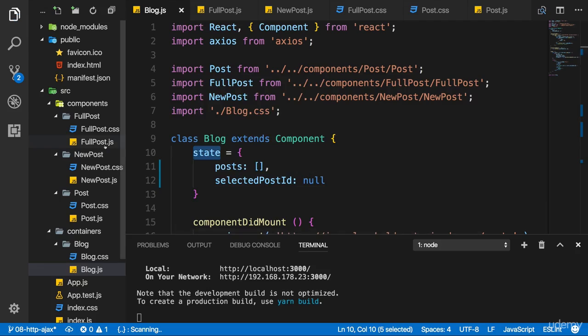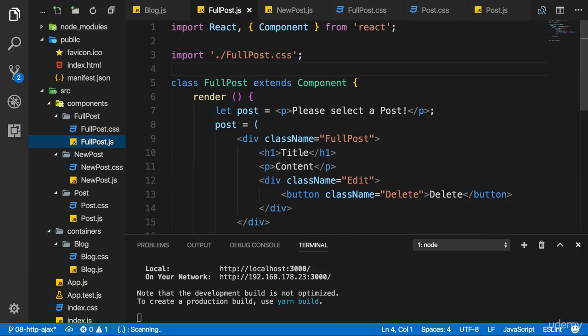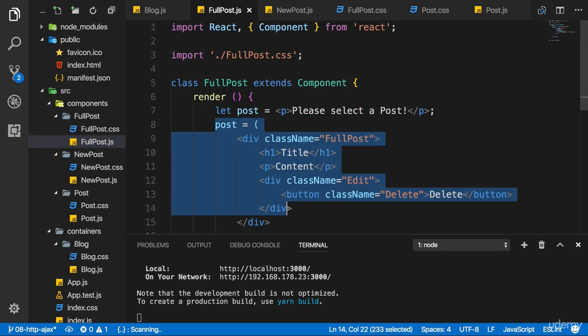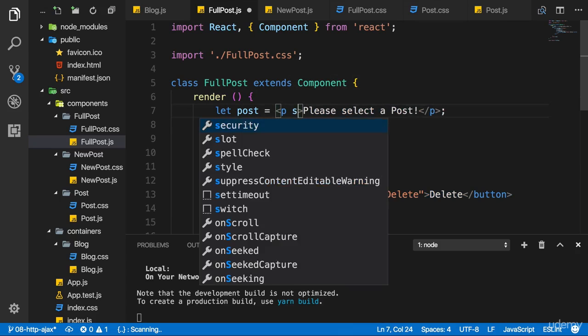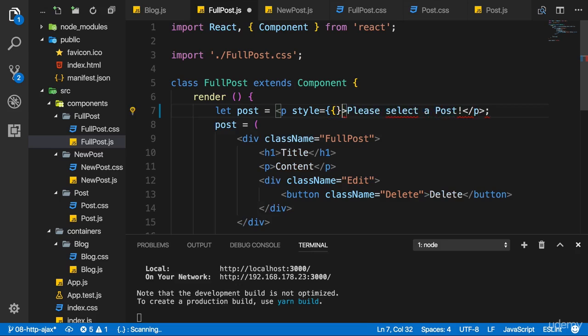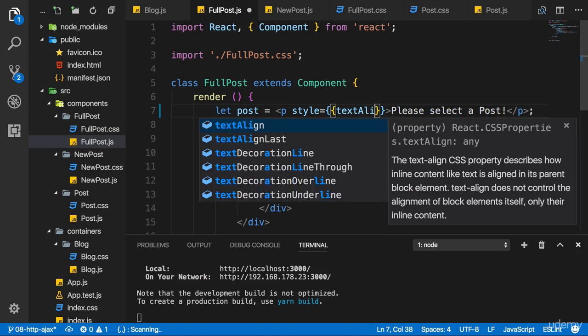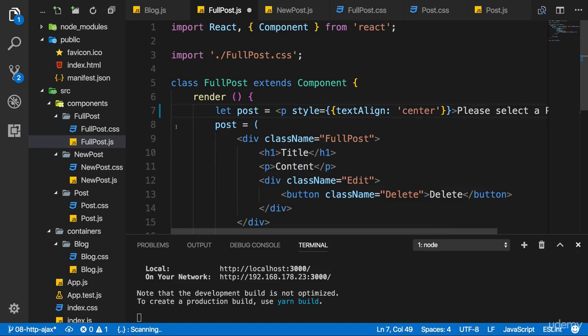Now we have to go to the full post component and do something with the ID here. There, first of all, we can use the ID to output either please select a post or the selected post, depending on whether we have an ID or not. So let's say the default should be that we see please select a post, and I'll add some inline styling here to center this by simply setting text align to center.